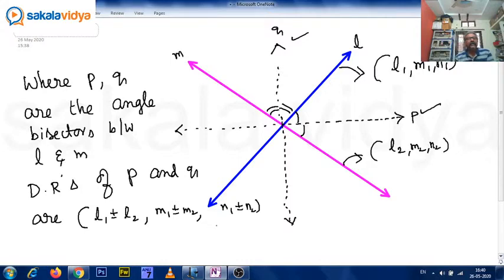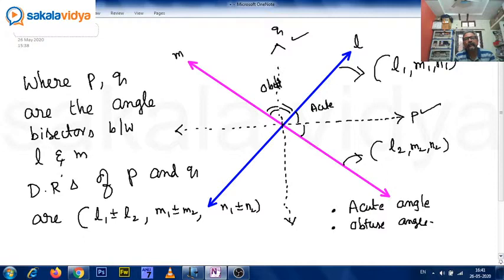Okay, that means here actually two types of angle bisectors we shall get it. One is acute angle bisector, other one is obtuse angle bisector. For example, if this angle is actually acute angle, obviously this angle will be obtuse. For example, this angle is acute. This will be 180 minus theta, obtuse angle. So two types of the angle bisectors we shall get it now. Yes, Niviredi, absolutely correct. That also we are going to discuss.